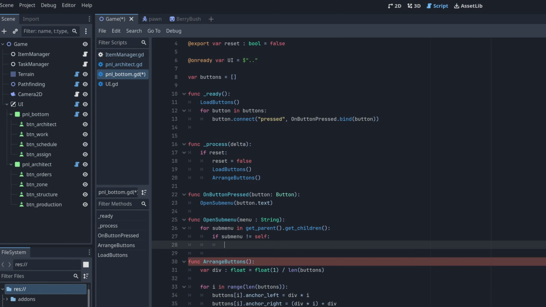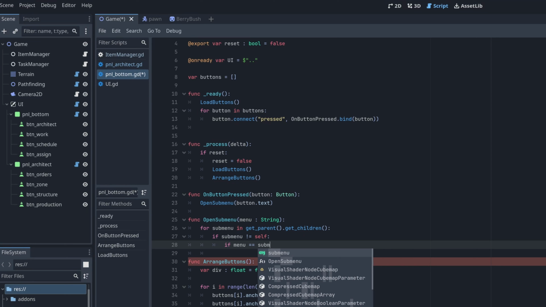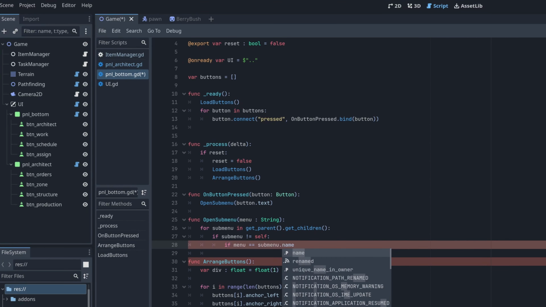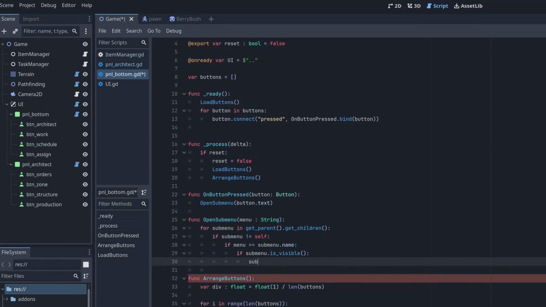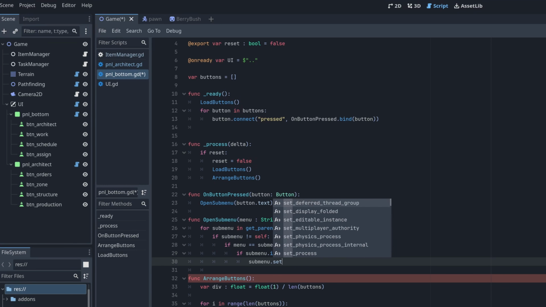So what I'm doing is I'm going to make it show and not show these other panels, but not self. I never want to hide this bottom one, so we're just ignoring our self. If the menu is submenu.name, so if the string that we get passed through here is the same as this one, then what we'll do is if that submenu is currently visible, we will set it to invisible,